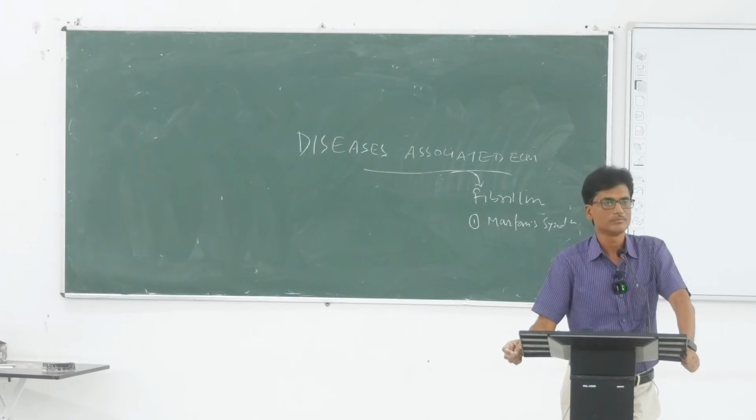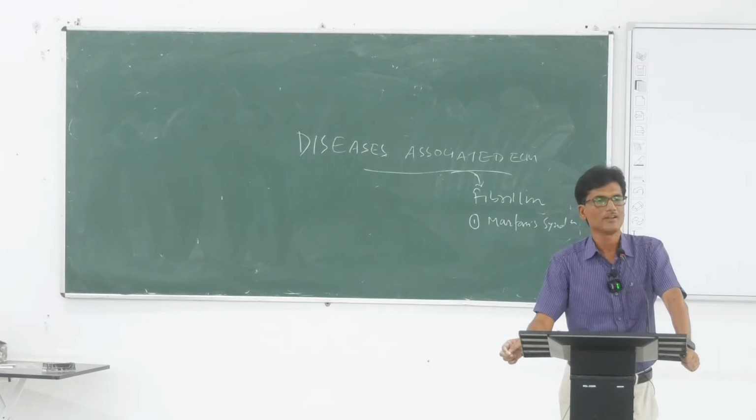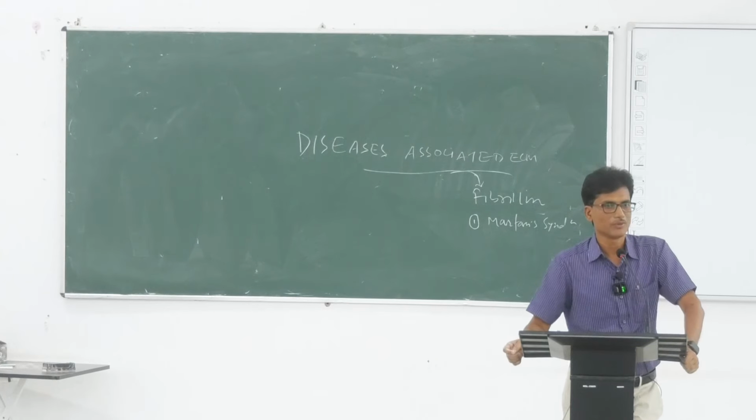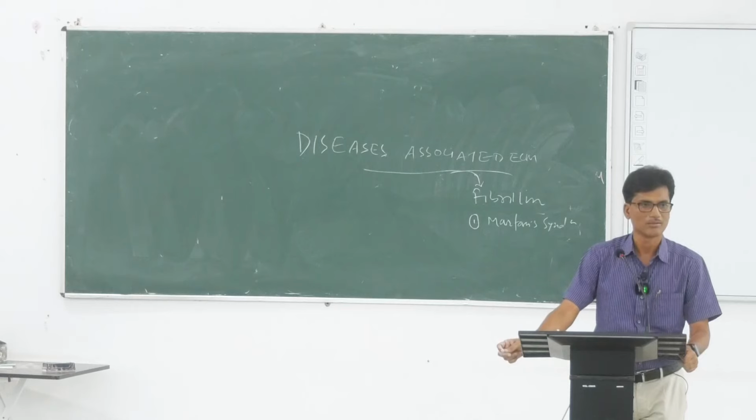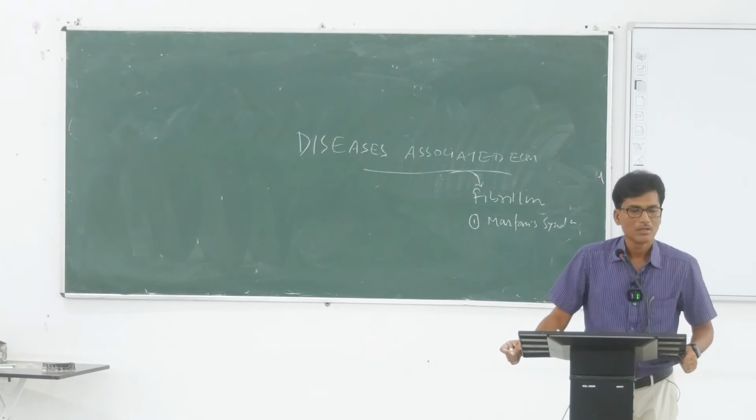আচ্ছা, the disease associated with fibrillin is Marfan syndrome. অনলি অ্যান্ড ওয়ান ডিজিজ। এই মারফান সিন্ড্রোম অনেকেরই আছে, কোনো এক সেলিব্রিটি মোস্ট প্রবলি মারফান সিন্ড্রোমে ভোগে, আমি নামটা বলতে পারছি না এখন। আচ্ছা,